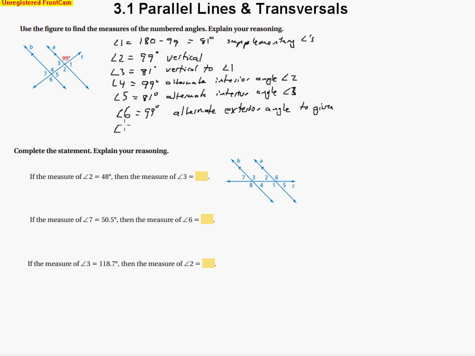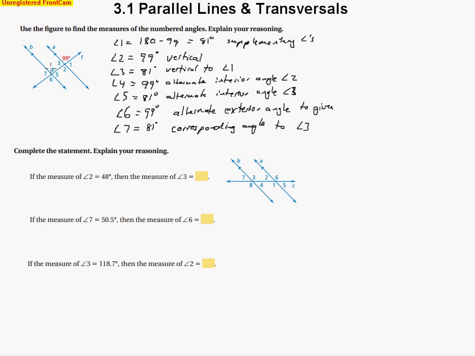Angle 7 is congruent to angle 3. And angle 3 we said was 81 degrees. And so I know those because they are corresponding. So there's lots of ways to say what the angles are, more than one way to prove that they are equal to a certain angle. But these are just one of those ways. So corresponding angle to angle 3. So 7 and 3 are kind of in the same space to the left-hand side with respect